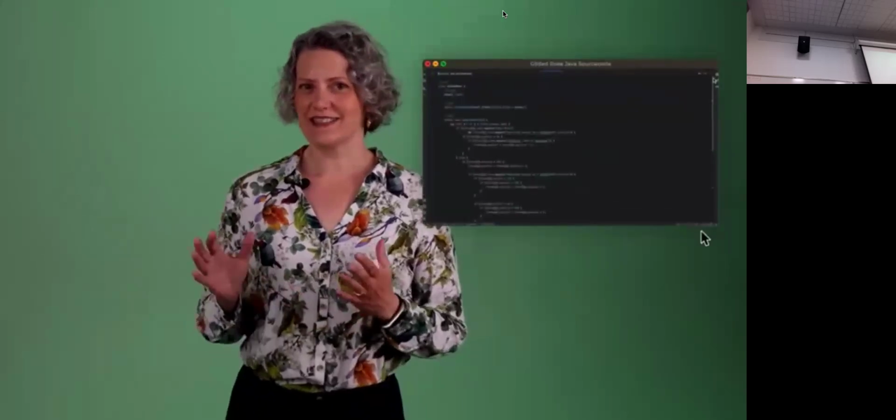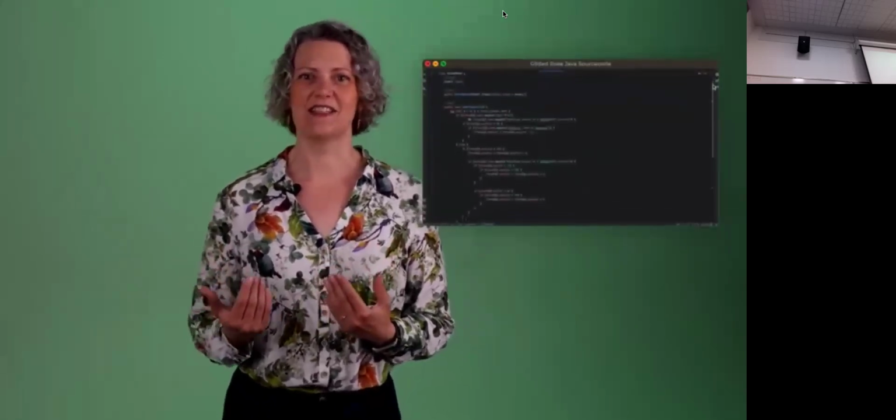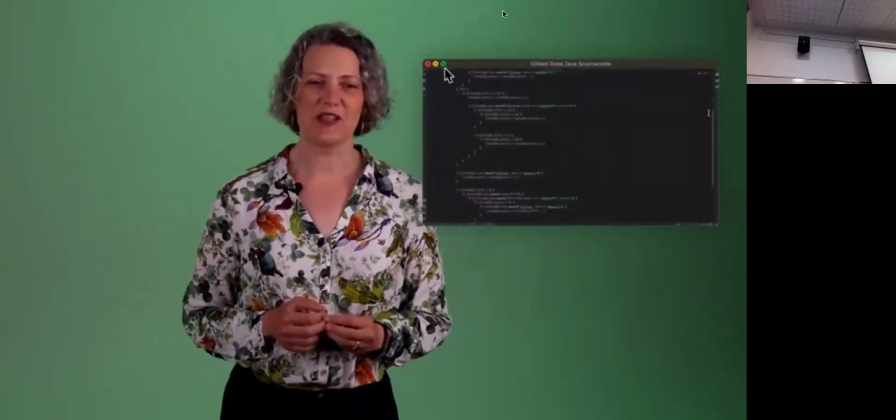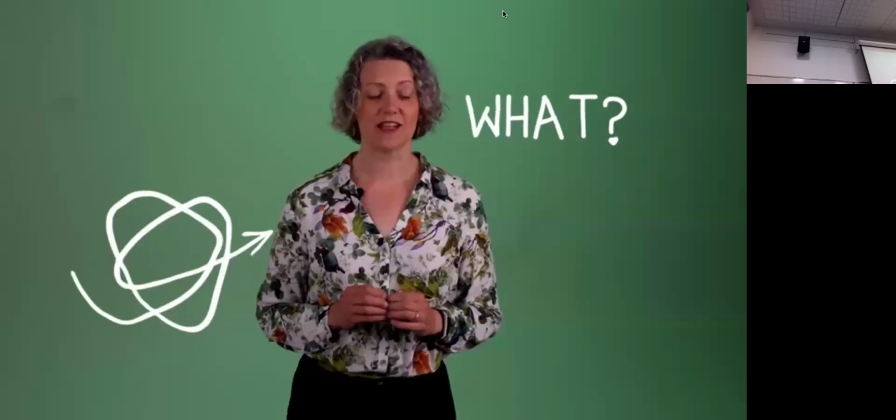So the code is not all that long, but just check out that indentation. We have a serious bumpy road going down there. The logic is, to say the least, tangled. And at first glance, it looks pretty difficult to change anything without breaking the code. Many developers have that experience daily with their production code.